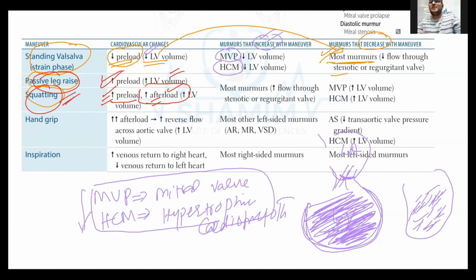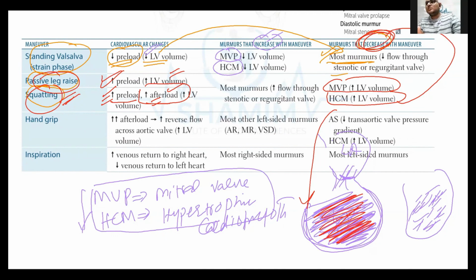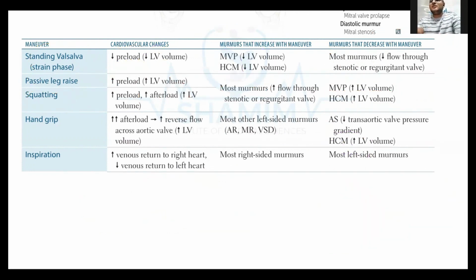अब हमारा प्रीलोड और आफ्टर लोड दोनों बढ़ती हैं, जब बढ़ेगा तो उसका उलट इफेक्ट होगा, कि माइट्रल वेल्व प्रोलैप्स और हाइपरट्रॉफिक कार्डियोमायोपैथी अभी डिस्कस किया है, कि जब इनकी ज्यादा ब्लड आएगा लेफ्ट वेंट्रिकल में तो इनके मर्मर क्या होंगे, डिक्रीज होंगे। कि ये मैंने जो पैसिव लेग रेज एंड स्क्वेटिंग है वो डिक्रीज करता है किसके, माइट्रल वेल्व प्रोलैप्स और एचसीएम के मर्मर। और उसका उलट जो हमने पहले पढ़ा है, फ्लो हमारा ज्यादा होगा एंड मोस्ट ऑफ द मर्मर में क्या इफेक्ट आएगा, बढ़ेंगे। क्यों, क्योंकि हमारा फ्लो ज्यादा है, दिस इज जनरलाइज्ड। ओके, तो हमने डिस्कस किया कि ज्यादा प्रीलोड होगा ज्यादा मर्मर, कम प्रीलोड होगा कम मर्मर होंगे। एक्सेप्शन किस चीज की है, माइट्रल वेल्व प्रोलैप्स और हाइपरट्रॉफिक कार्डियोमायोपैथी।